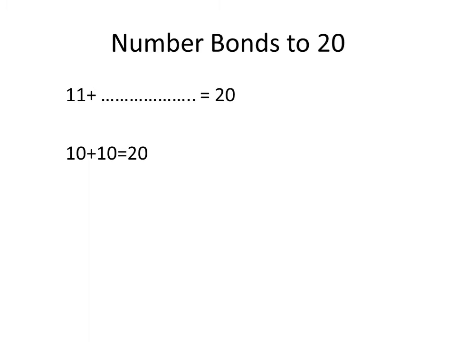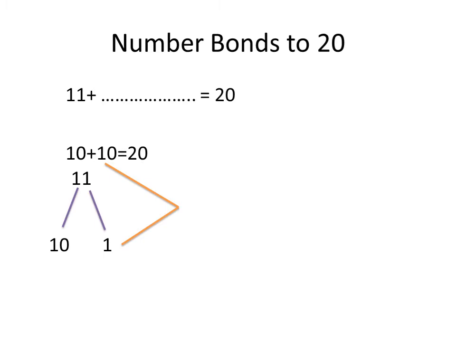Then from the first 10 we take that 11. When we break this 11, we get 10 and 1. To make 11, we have 10 and 1. So from 10 plus 10, 20, from the first 10 we have taken the 10. Then there is an extra 1. This 1 is taken from the second 10, because the first 10 is already taken. From the second 10 only we took 1 to make 11.